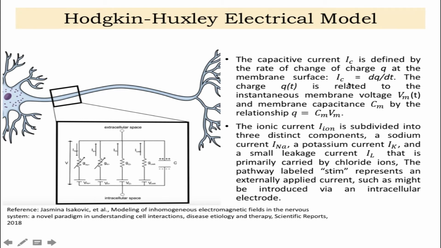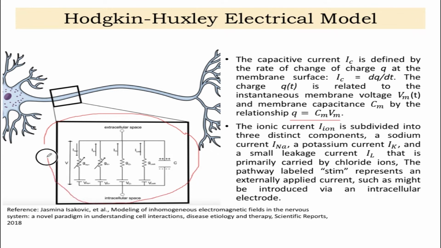So IC is the rate of change, that is dQ/dt. Now the charge Q(t) is related to the instantaneous membrane voltage Vm(t) and membrane capacitance Cm. So you know that there is this relationship that exists, which is Q equals Cm Vm. Now the ionic current I_ion,